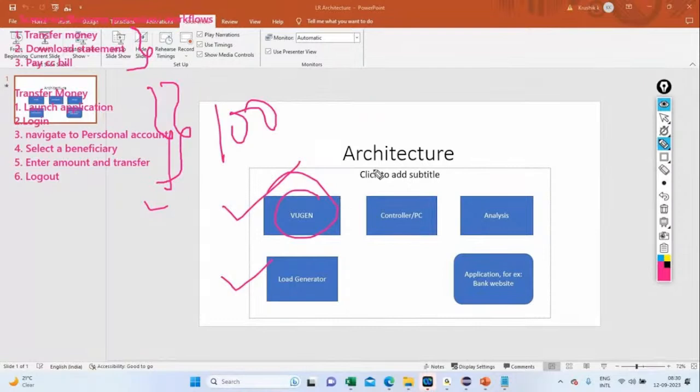You need to execute, right? So for execution you need some platform where you can trigger the execution. That platform is called controller or performance center, or in fact you can say LRE also, the recent one. So Vugen, the scripts you develop here in Vugen,